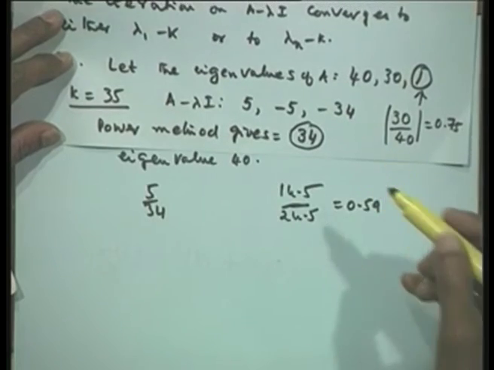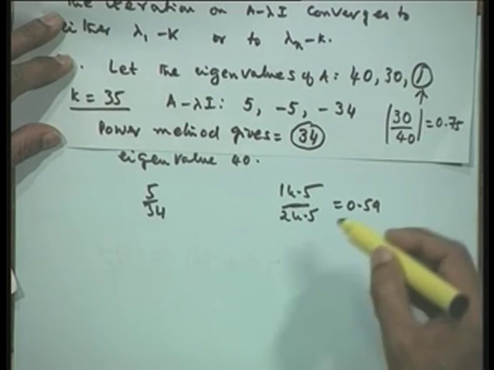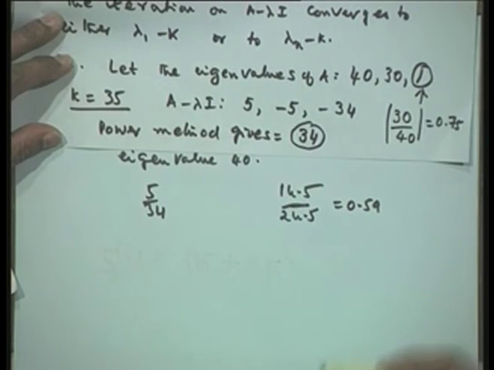Hence, the convergence is faster if the ratio of the next eigenvalue in magnitude to the largest eigenvalue in magnitude is smaller. Therefore, we conclude that by choosing a suitable shift to the eigenvalue, we can obtain the largest or the smallest eigenvalue in magnitude faster. That is the reason why one can use the shift of the origin to speed up the power method.